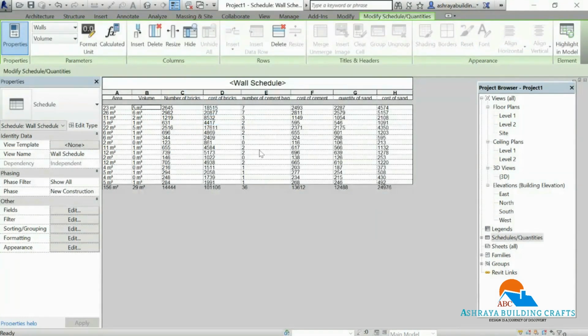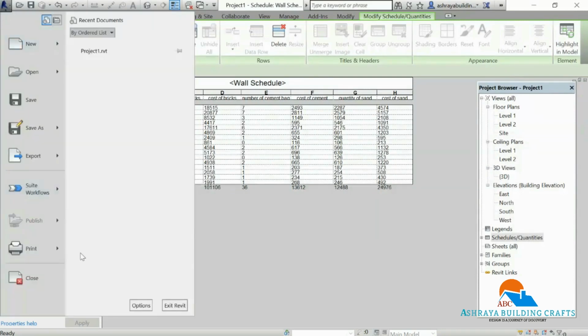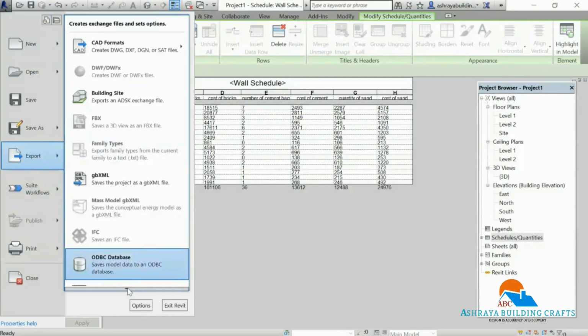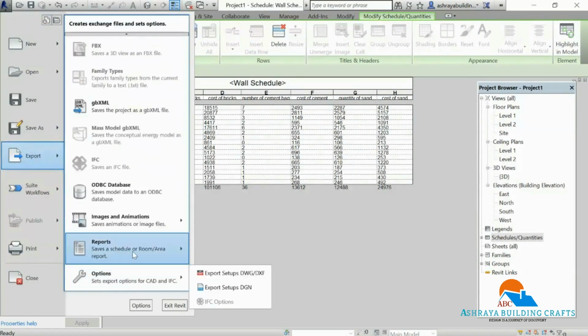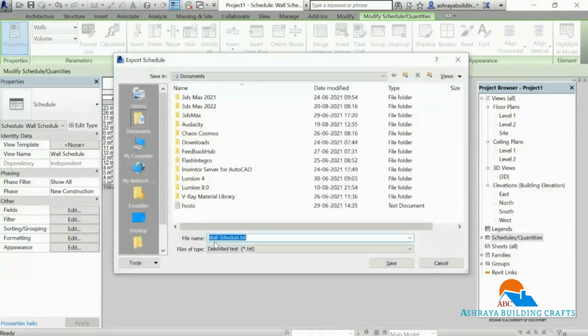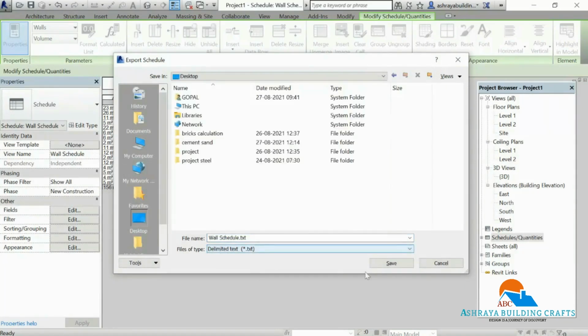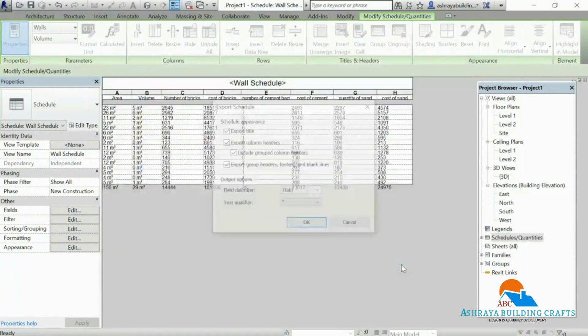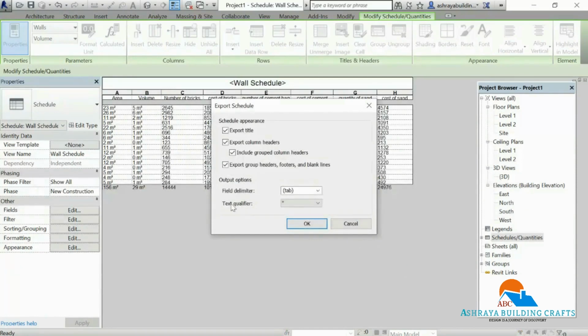To export this work schedule to Excel sheet in Revit application, export, scroll to bottom, in reports, schedule, save the file in text, save, text qualifier, activate none, OK.